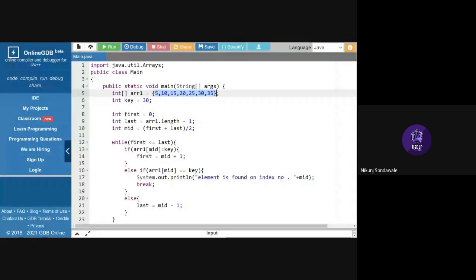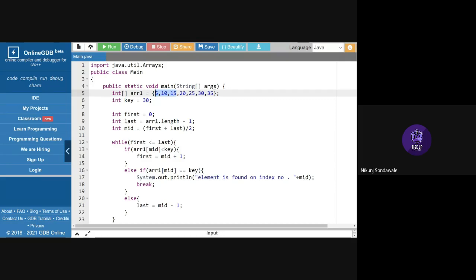What if I want to find 10, an element which is less than the mid? Then I will make this array in half. Now my first element is 5 as it is, but the last element became 15.